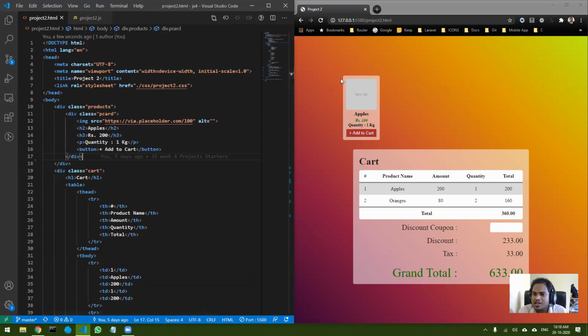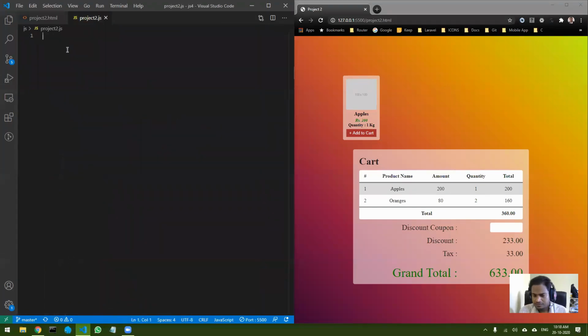So the first thing I'm going to target is this product card. Okay, so this product card. So card we will do next time. So we will first target this product card. So let's come over here and let's create an array. Let products equal to, okay, so I'm going to create an array. Now you know the syntax of an array, right? So you can type here apples. Okay, then you can type oranges. Okay, like this you can keep on typing the various products.